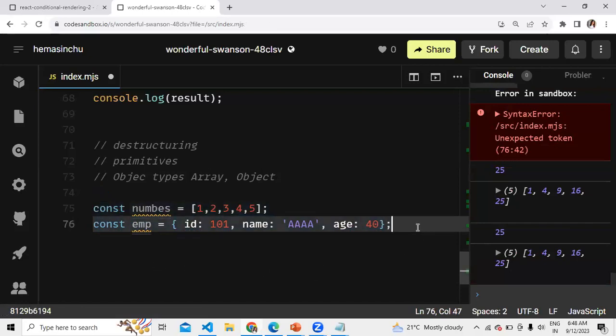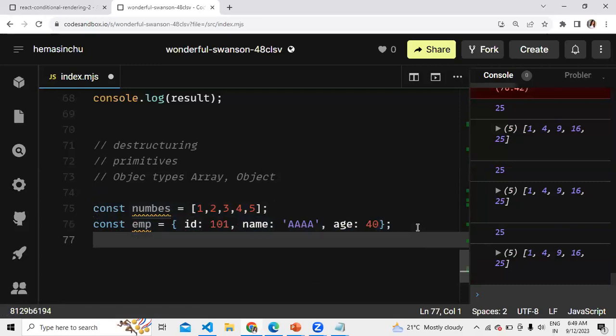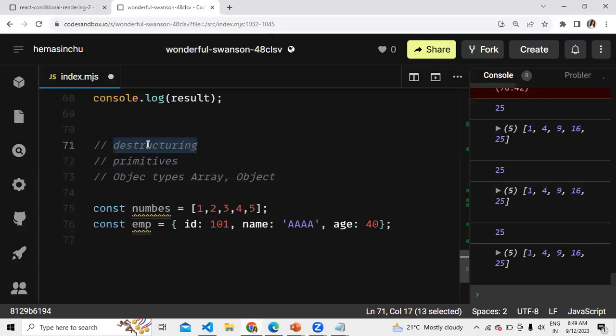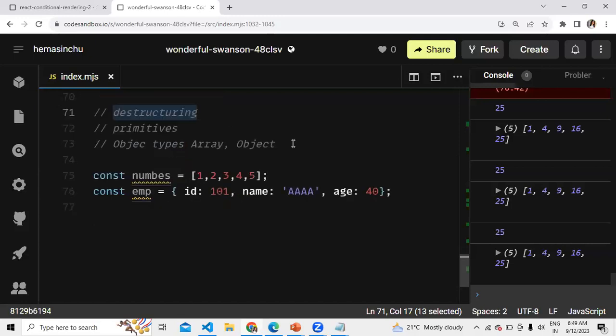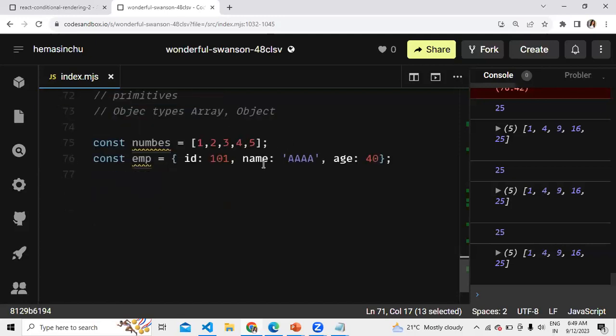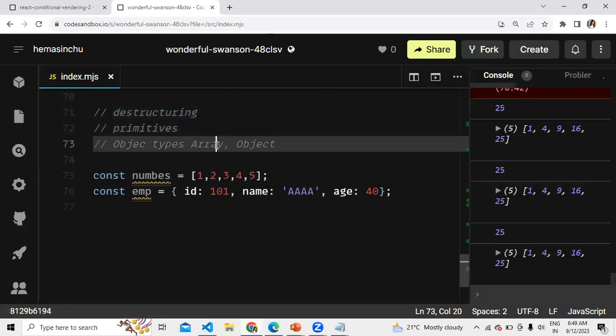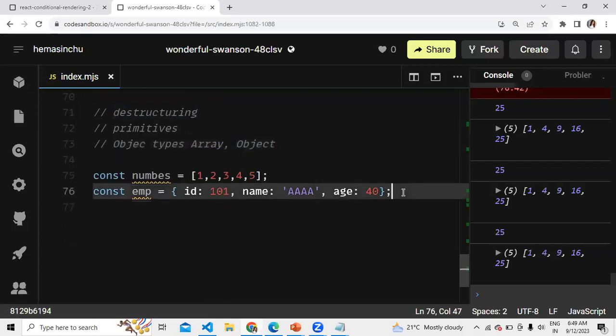Now, it is possible to destructure them. From an array we can extract, and from an object we can extract. We can put them back into primitives, or put them into some other structure from one to another. That is the feature called destructuring. Let us see an example to get familiar with what exactly it does and how. In JavaScript, we have primitives, and object types, which are reference types: one is array and one is object. And it is a lot simpler.